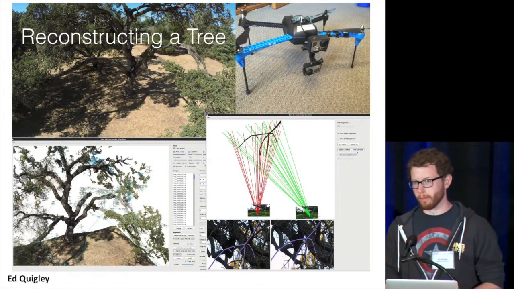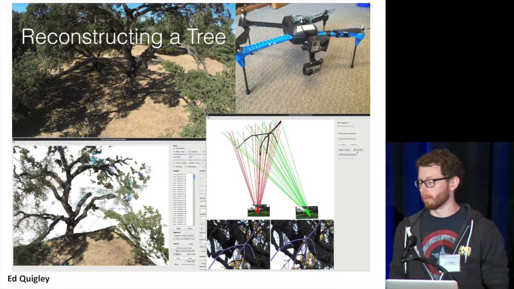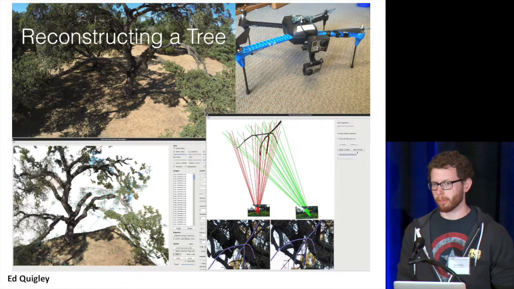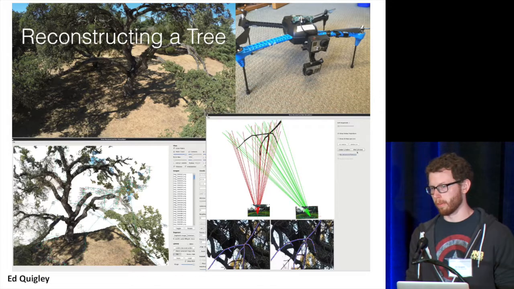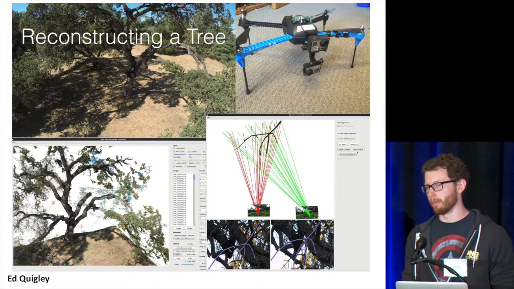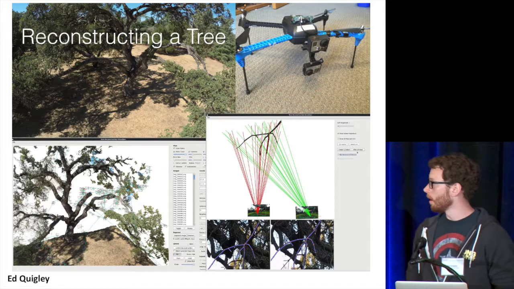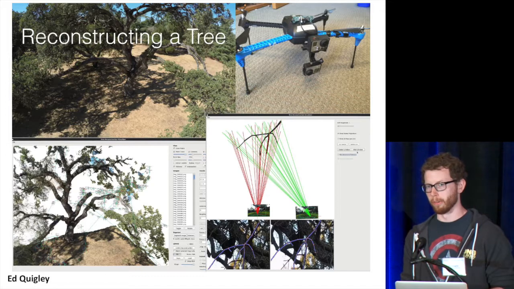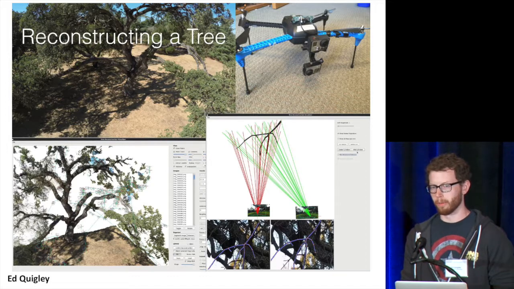So just as we often see virtual characters in film special effects, we want to create a digital double for a tree. To do that, we have to capture what a tree looks like and how a tree moves. And for the first half of that, we think about the traditional computer vision problem of reconstruction. However, a tree is kind of a problem case for a lot of standard reconstruction algorithms because we have a very large structure that's potentially non-rigid, that lives in an unconstrained environment, and that has a lot of fine detail that we care about. The good news is that we have a very strong prior, and that we know we're dealing with a tree topologically.